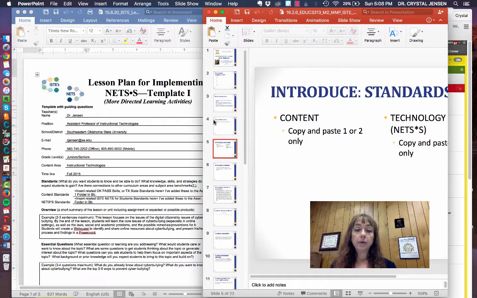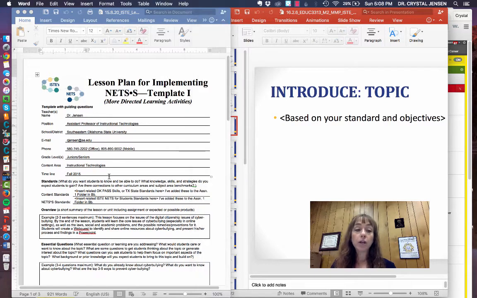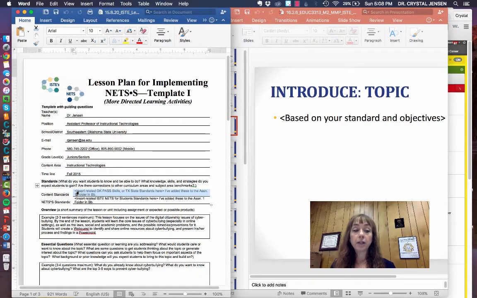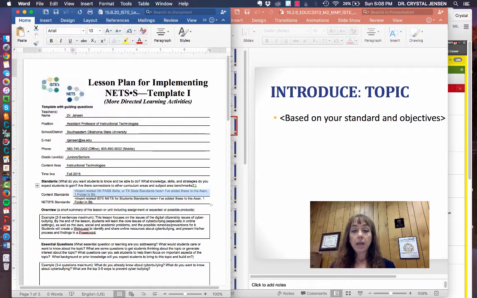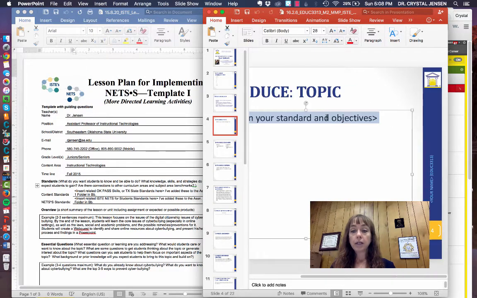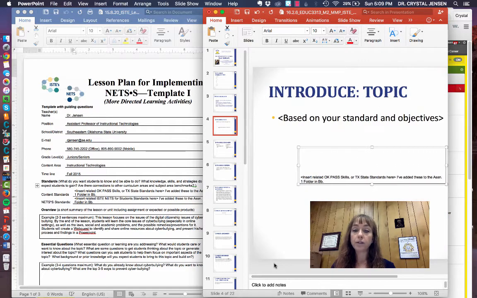And remember that you had all that over here in your lesson plan. So you can just go ahead and copy those over. So I'd go to my lesson plan here, click on that, press Control C to copy it, or edit and copy, and then come over here and edit and paste, and there it is. Okay, and then I can delete out and format that as I want, change the size of the text up here or the font, whatever. Okay,